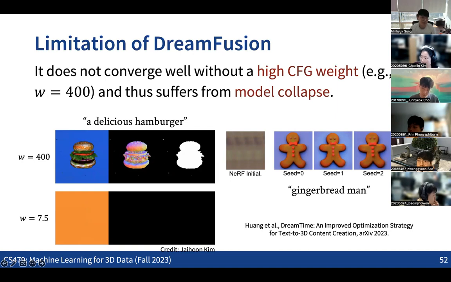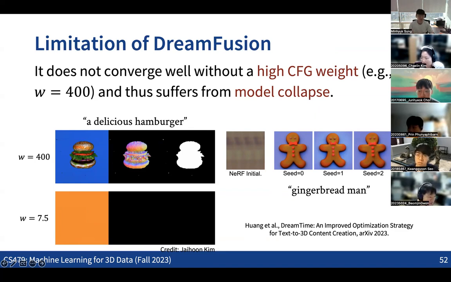But the thing is that as we increase the weight for the classifier-free guidance, we are intending the mode collapse, in that we want the diffusion model to produce a certain type of object, reducing the diversity so that the guidance from the multiple views can converge into one very specific object. For example, if you make a 3D object like a delicious hamburger, there can be tons of ways that we can make hamburger 3D shapes, right? The hamburger images.